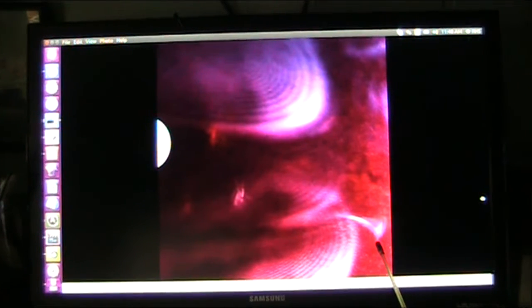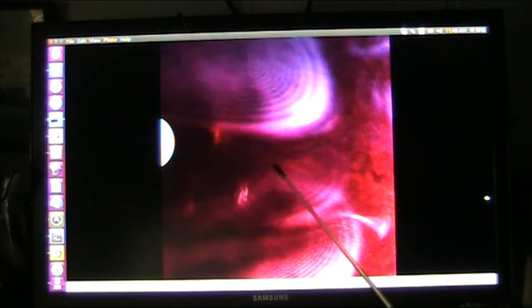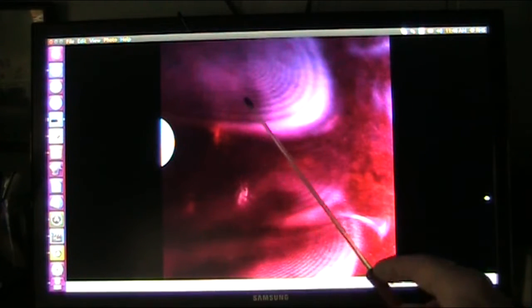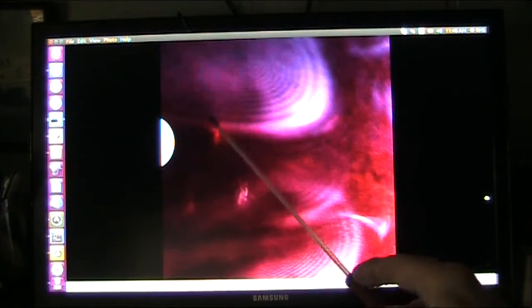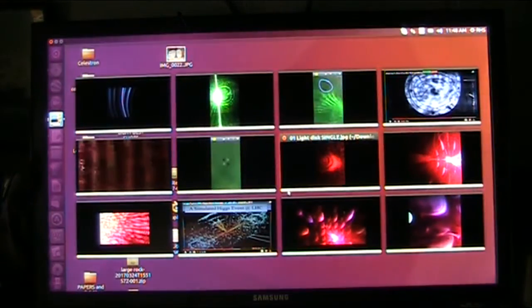This I have no explanation for, except that if this is reverse, is antimatter, and that little darkness next to it is like a suction of fields or something. I don't know what it got. Somebody else is going to have to look at this. Let's put it that way. I don't know what that's doing. It just happens. It's there. What can I say? And that's the only time I've ever seen it.